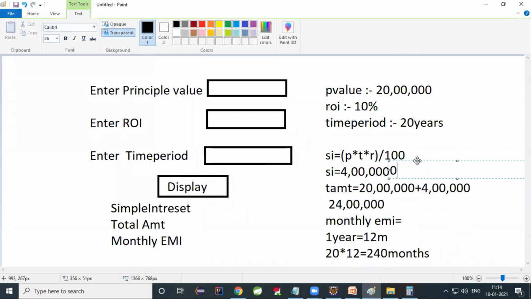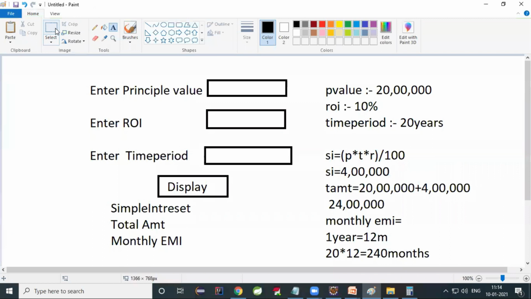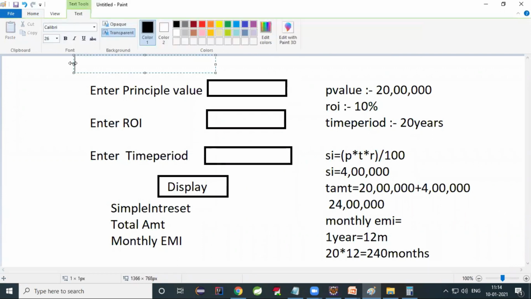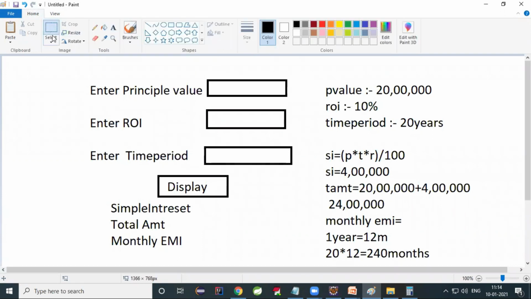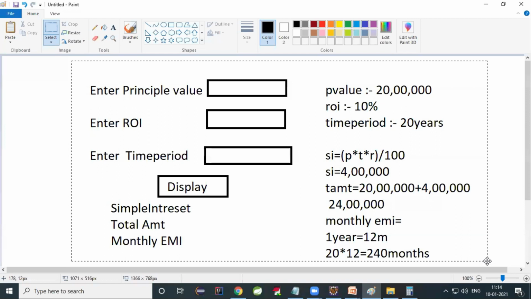So total amount will be 60 lakhs. I think this is right. 10% means how much? 0.1. Okay, we'll see. Anyway, try to find the output. We'll get clarity on that calculation later.